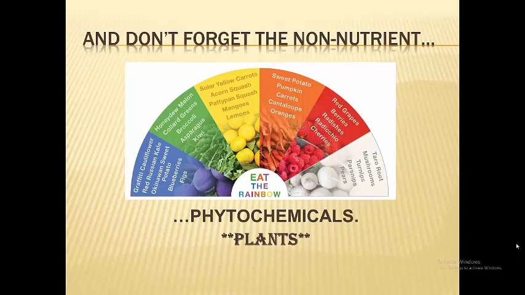And don't forget the last thing you learned about plant chemicals. You learned that phyto means plant, and plant chemicals are evidenced by their color. They are part of what gives things pigment. So the bright colors of the rainbow indicate phytochemicals, which you learned act as a phyto shield, protecting your cells from the damage caused by oxidation occurring inside of you. You learned that they act as antioxidants, opposing oxidation.